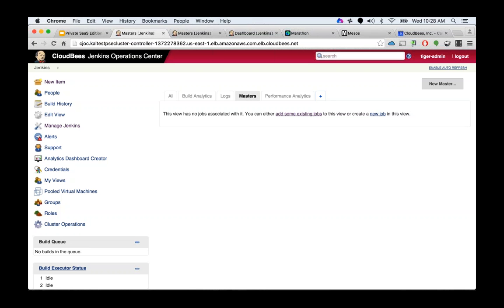So I want to pause here and essentially just summarize what I just showed you. Simon and his team have now been able to set up a simple Jenkins cluster running on AWS in a matter of minutes. Okay, and what you see here is, again, brand new. I set this up just a little while ago, and once the cluster comes up,